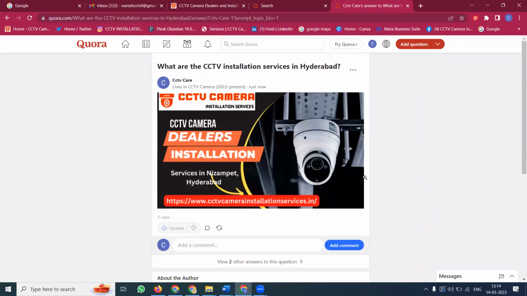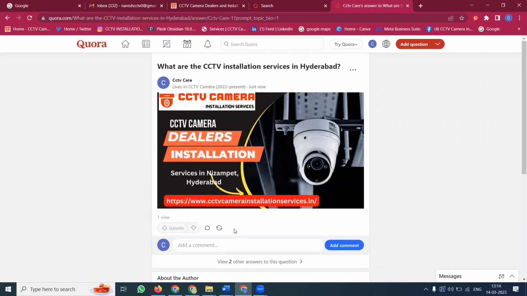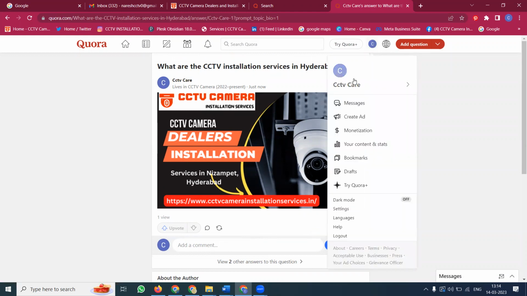Or the credential is done. So here is what the posting will look like. That is a particular question you can comment on. So if you want to add any comment, there is the add comment option. For more details, you can contact through my website also, but that information is not required. And the major one is your image, and everything is important.